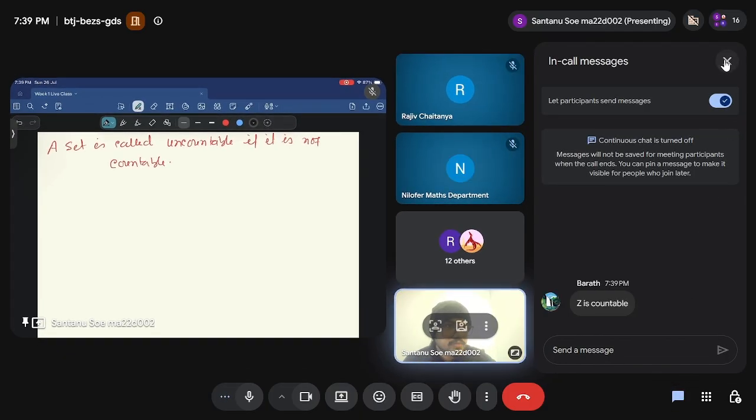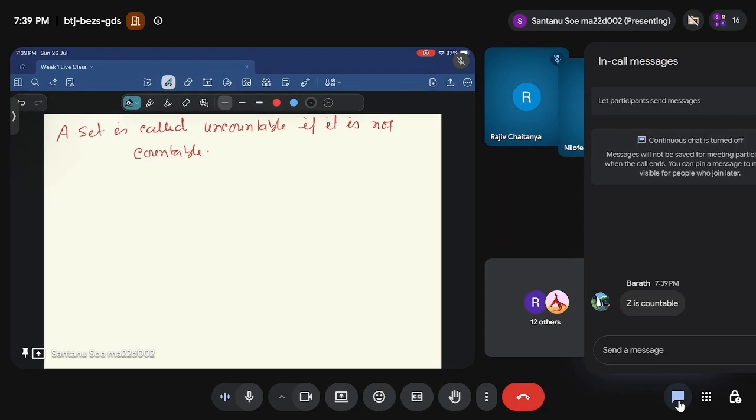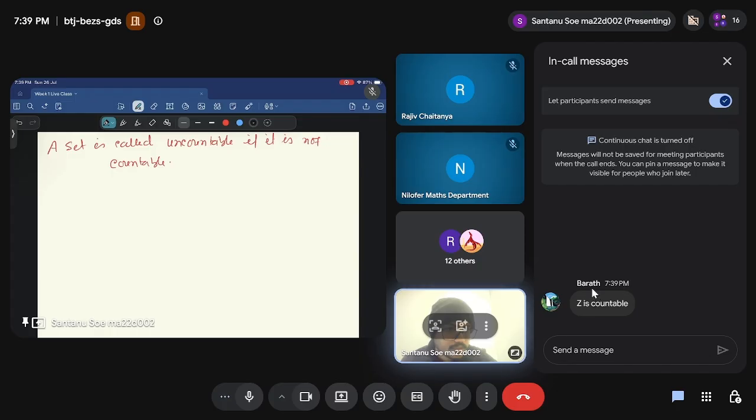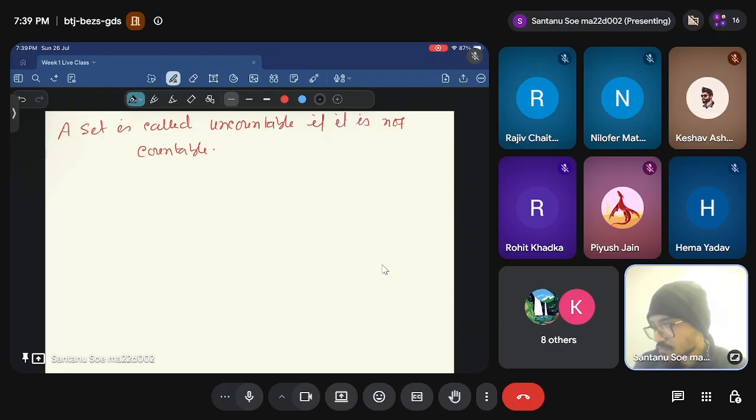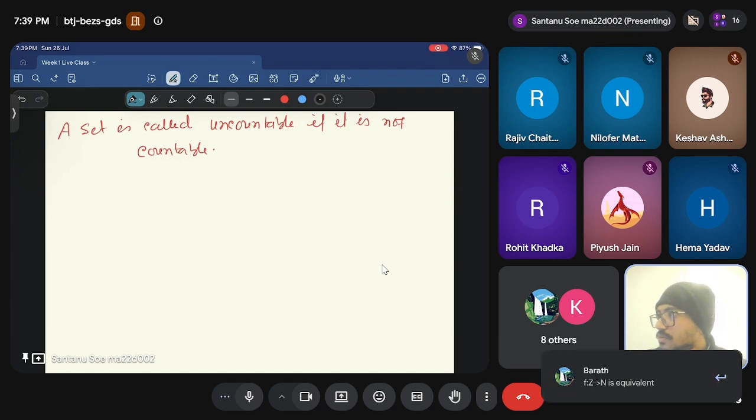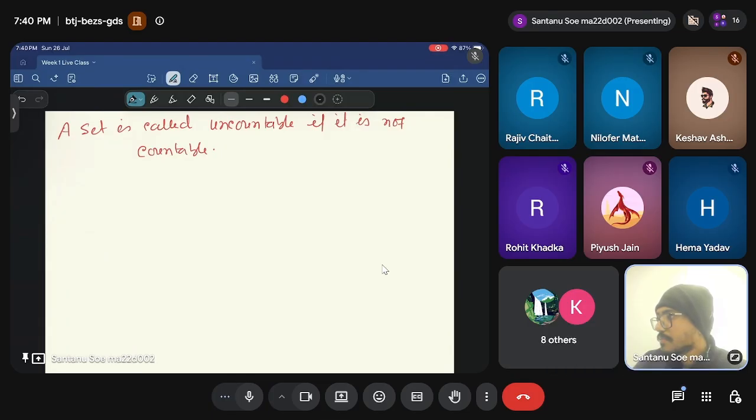Yeah. So who has written that? Bharat or something. So yeah, do you know why Z is countable? Let me ask the first question: why is Z countable? Anyone? Okay, so Z is countable because